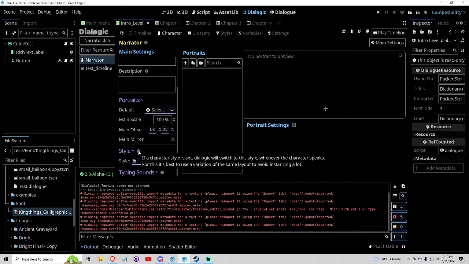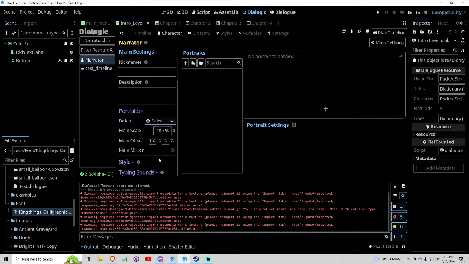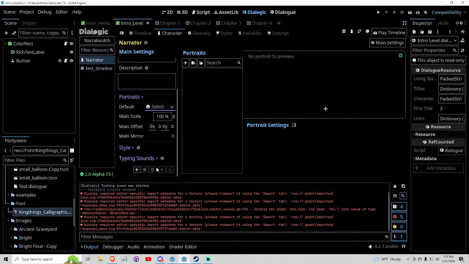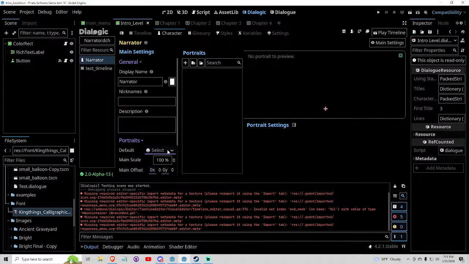If a character style is set, Dialogic will switch to this style whenever the character speaks. For this, it's best to use a variation of the same layout to avoid instancing a lot. Okay, well the character's created. Go back to Dialogic. Alright, that may be my time because I have to, yeah,